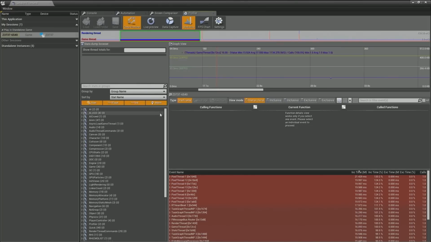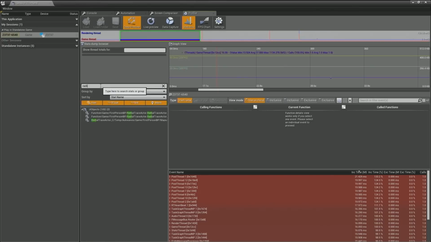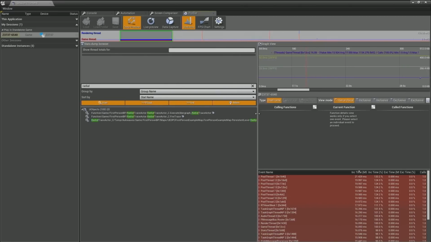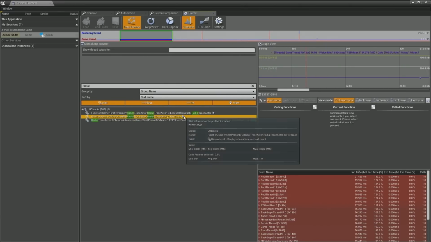Well, let's find them. Let's see, it was radial? You tell me. Yep, so radial trace actor. Oh, that's right, that's what you did end up calling it. So we actually have the function calls for there. So execute ubergraph. Oh, fire trace, the one that I want to know about. So fire trace in all of its glory